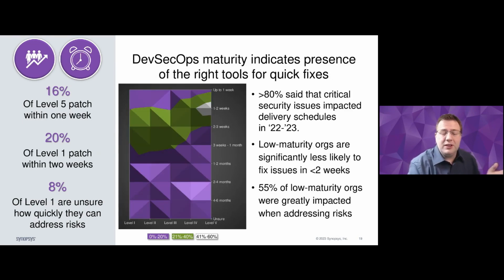Let's take a look and see whether we now have a maturity-influenced time to remediation. When we look at our extremes of maturity again, 16% of our prized level 5s can make critical security patches within 1 week. And that's significantly higher when you compare that to any of our other maturity levels. We've got 7% of our level 4s, 3% of our level 3s, 2% of our level 2s, coincidentally,